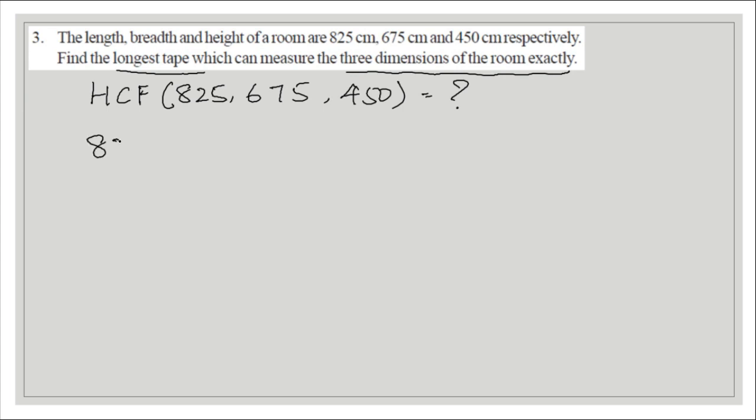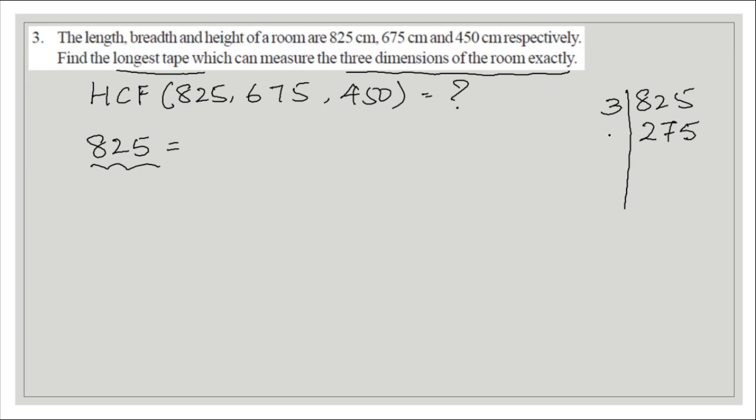First let me find the factors of 825. So I will do prime factorization. I'll express it as a product of primes. So let me divide this by 3. Now,